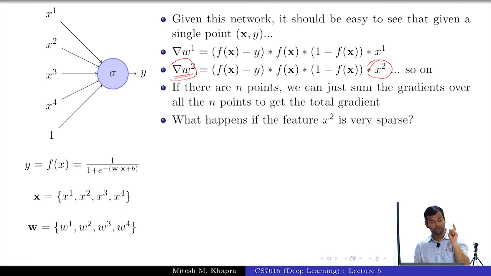There could be cases where your feature is very sparse, but at the same time very predictive of the output that you're trying to learn, right? And in this case, the output is whether the movie would be a hit or not, okay? The other example could be: is Christopher Nolan the director? He has probably directed less than 10 movies, but all of them have been at some point in the IMDb top 250 or something, right? So that's a very important feature, but you will not get it very frequently in your data, right? So you can't really ignore these features. That means you still want to learn these features properly.